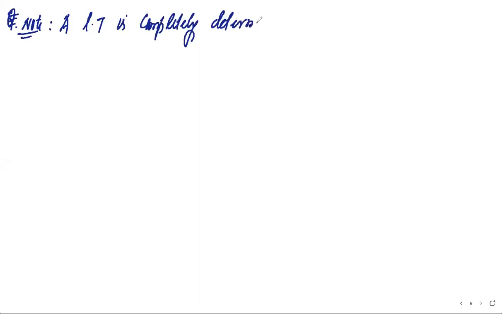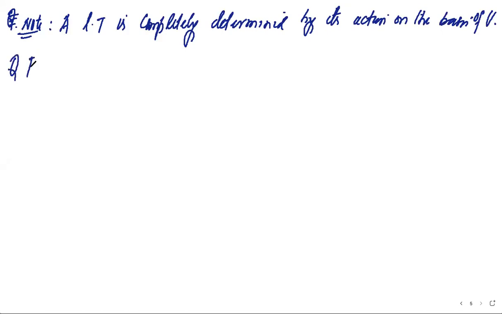Now question. Now as we know that, so let's write this note जो हमने इससे पहले भी लिखा. A linear transformation is completely determined by its action on the basis of the domain vector space. Now the question is, find a linear transformation